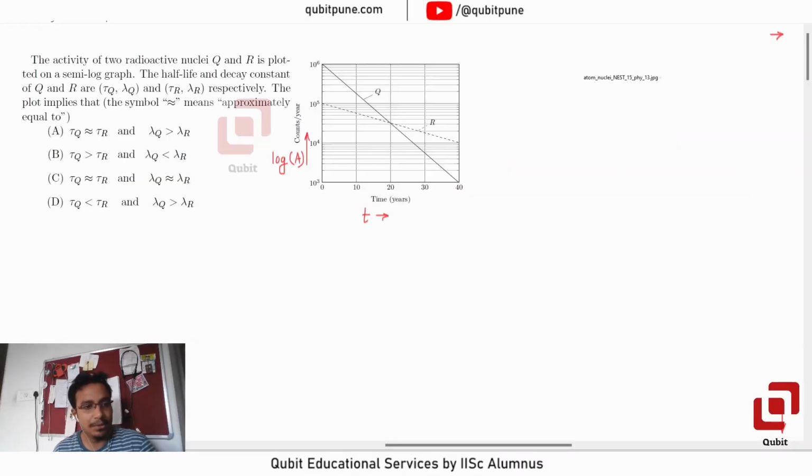This MCQ, again on half-lives of nuclei, is from NEST 2015, question 13. The activity of two radioactive nuclei Q and R is plotted on a semi-log graph. The half-life and decay constant of Q and R are tau Q, lambda Q and tau R, lambda R respectively. The plot implies that, where the symbol means approximately equal to, option A, tau Q is approximately equal to tau R,